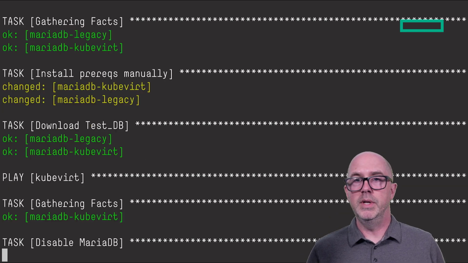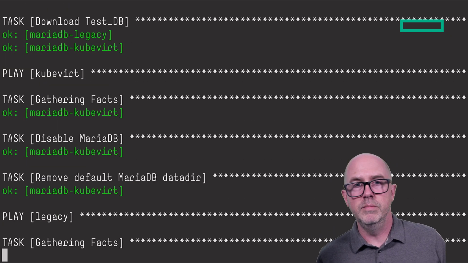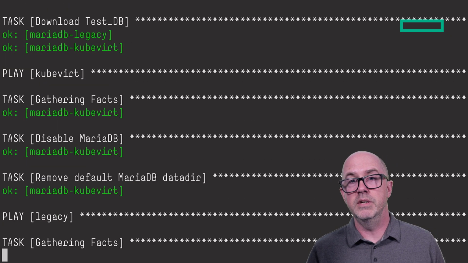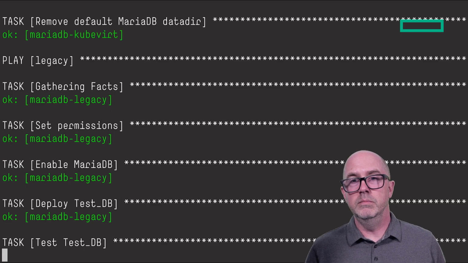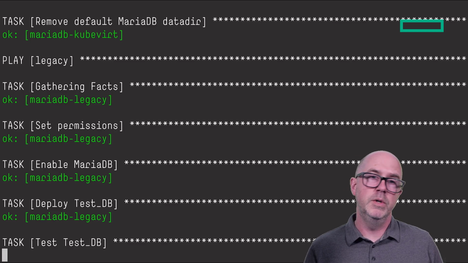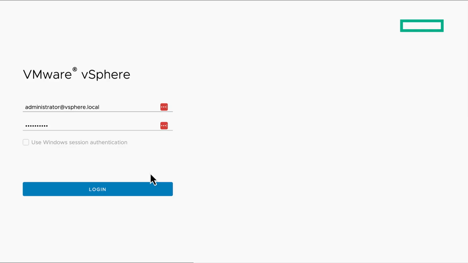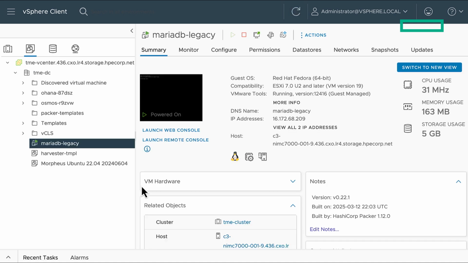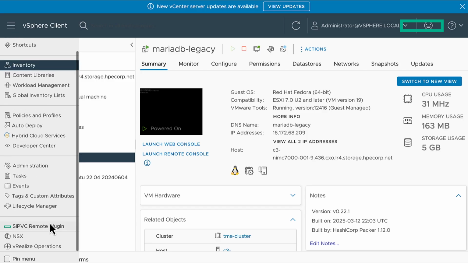The source will be populated with a test database that comes with a set of validation scripts that will also be made available on the destination for verification purposes. The test query calculates checksums of the contents in the tables, and it also outputs the host name where the database is running, so we can observe which VM we're truly connected to. Once the validation has completed, we can switch over to vCenter and find the name of the source data volume that we will need to create the persistent volume clone with.